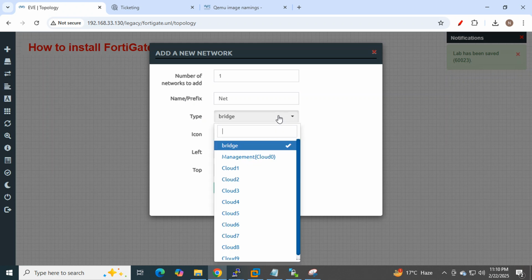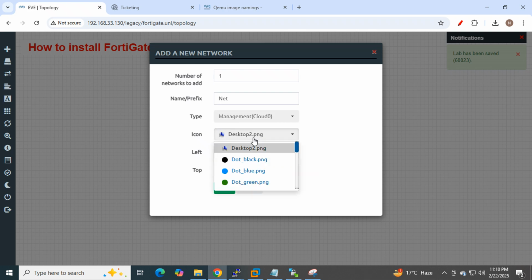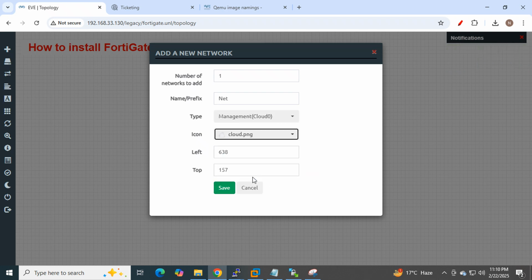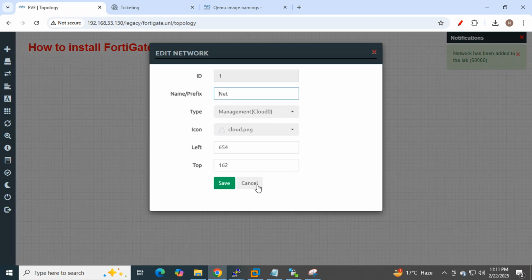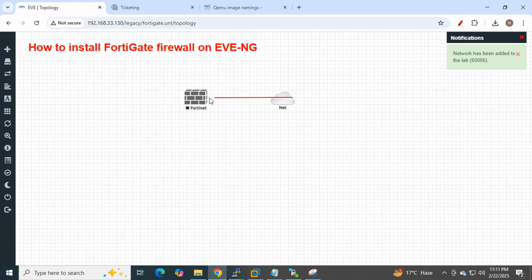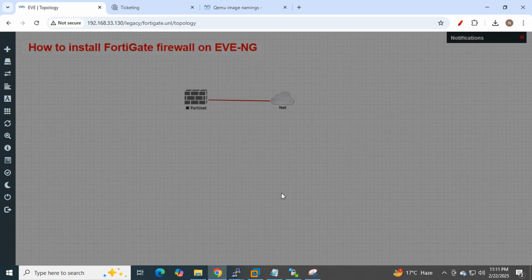So I'm going to connect this particular file with my management network just for password and license things. Okay, so I just added a cloud here, and what is that? I already told you, management cloud. And I'm going to connect this cloud with my Fortinet port 1. Always remember, whenever you are doing a first-time configuration, you need to select port 1. Why? Because port 1 is always in DHCP. So let me just save,